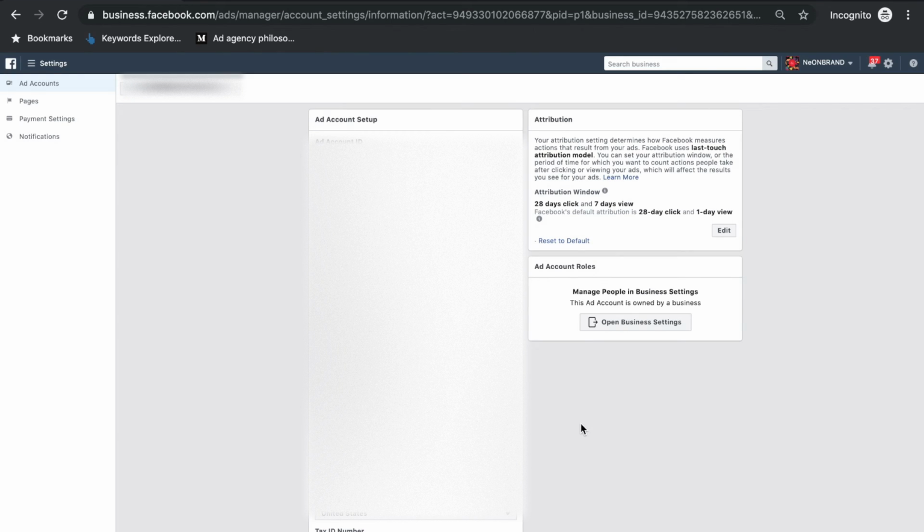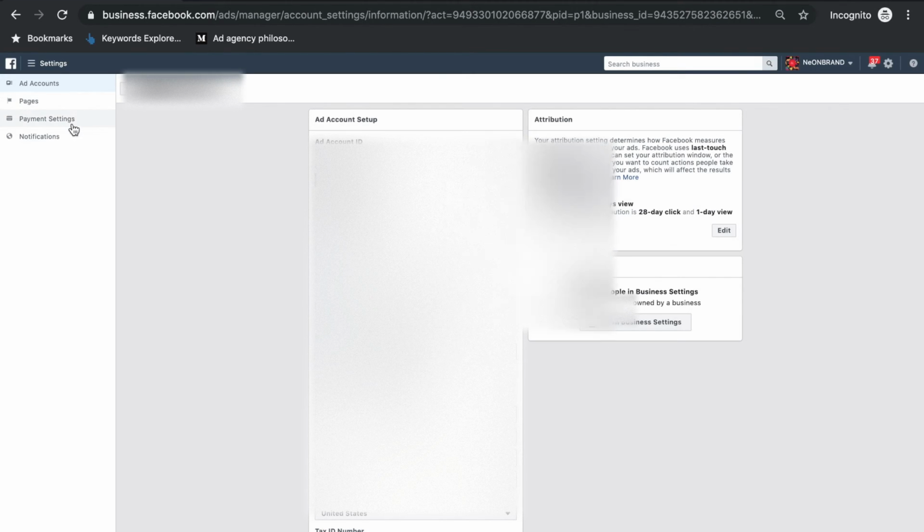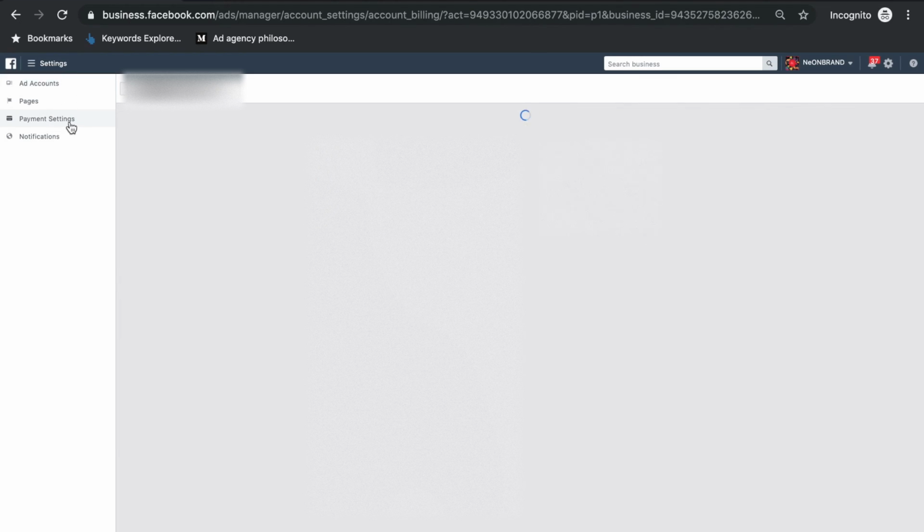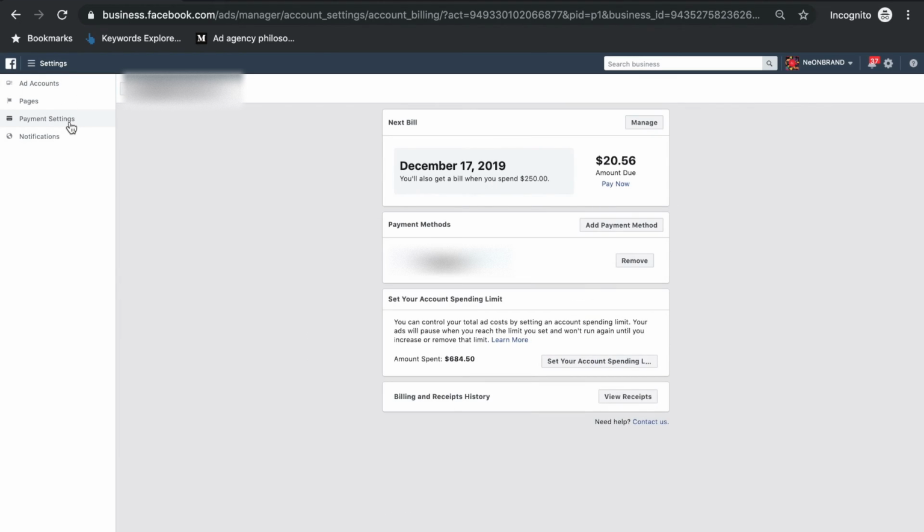So I've clicked into it here. And this is where you're going to edit the business address and all of that for your ad account. Once you set it up, you probably won't have to change it. But if you do, this is where you do it. Pages is how many pages your ad account has access to. You probably won't have to edit that very often. By the way, this left-hand drop-down is where you can change the ad account if you have multiple. So payment settings is a place you might visit frequently if you're adjusting credit cards for clients or